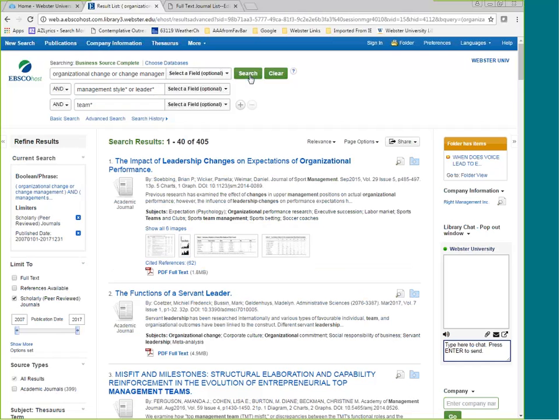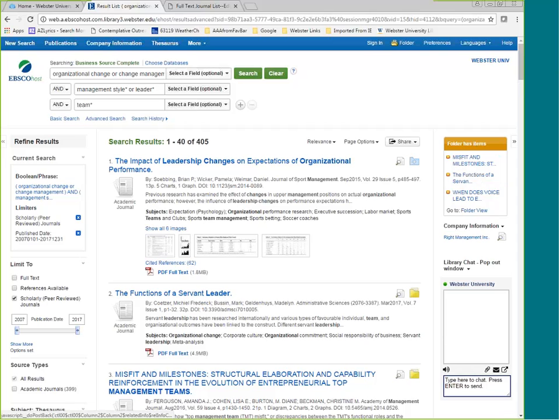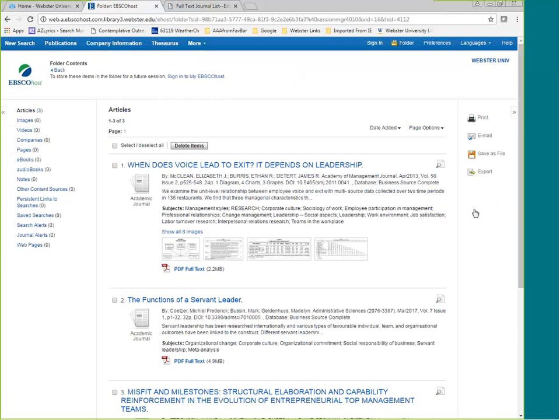I'm going to point out one more thing while we're here, and that is getting help. I'm sorry, I've got to do two more things. So remember we put those things in a folder. If we add a few more so it looks good, when you click on folder view, you have all the things that you've selected. And so now you have the option of emailing those citations to yourself, just the ones that you've picked out. You could print them, and it's just the records that you're emailing or printing.